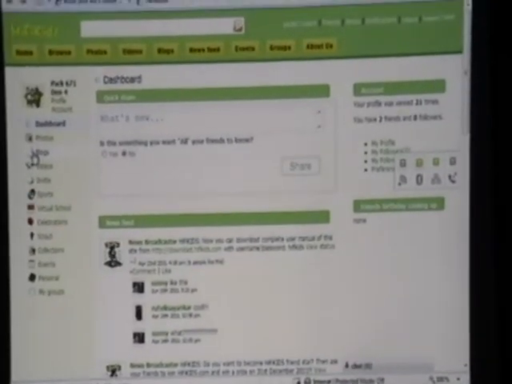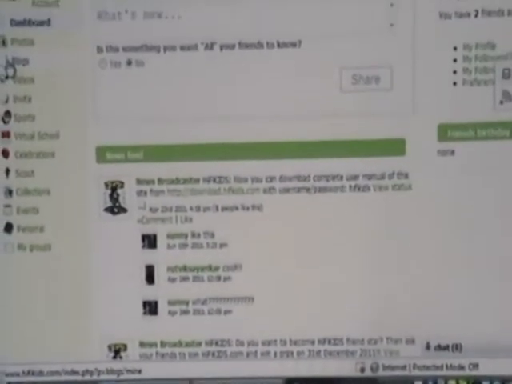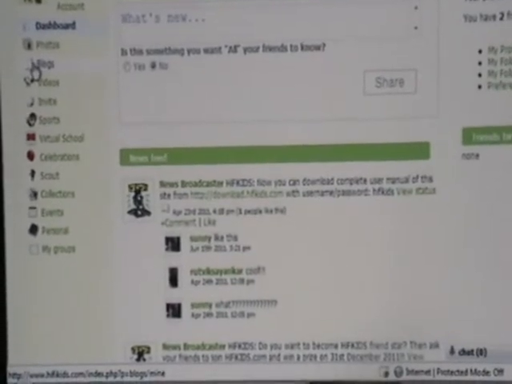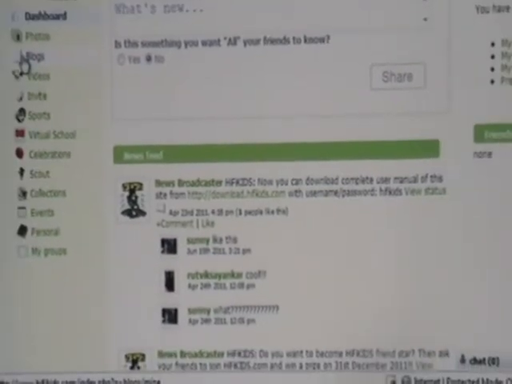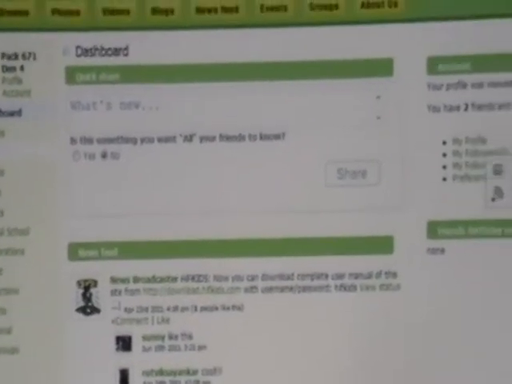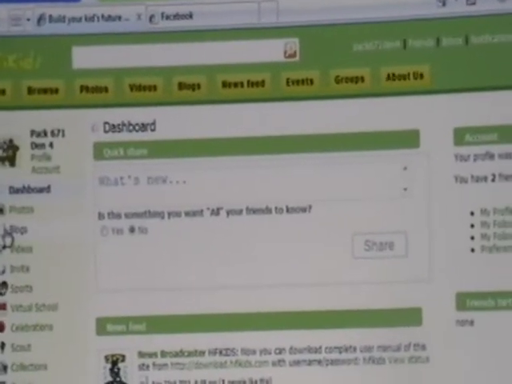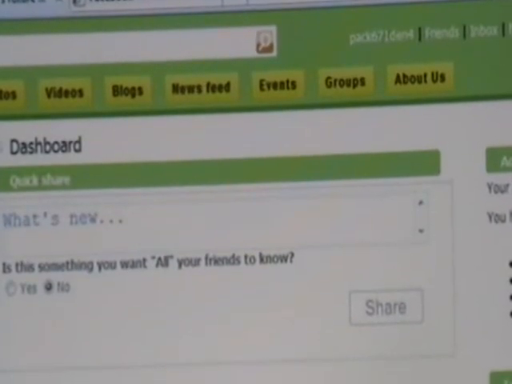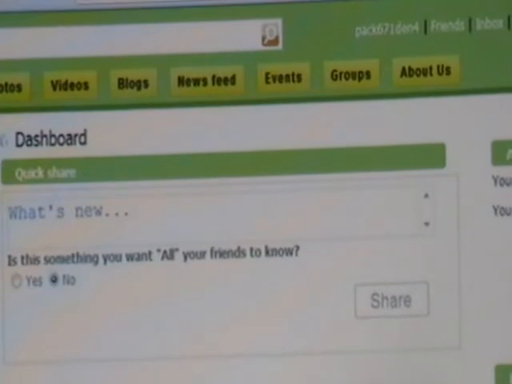Once you sign up, you see the dashboard. This is the Den leader dashboard, and you will see a lot of news feed which are put by either a news broadcaster or your friends. If you are new to the Scout Den leader login, the most important thing you need to do is create a group for your den. Of course, you are a Den leader of a particular den, which is either tiger or bear or wolf or webelos.